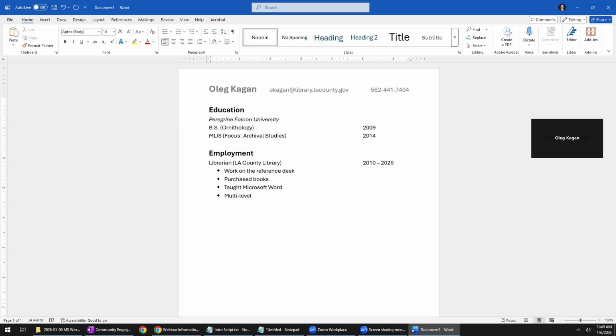So let's create the next line. We want skills and certifications. I'm going to make the heading once again 18 and bold. Press enter. Remove the bold. Bring it back to font size 14. And I'm going to put skilled in Microsoft Office, which is